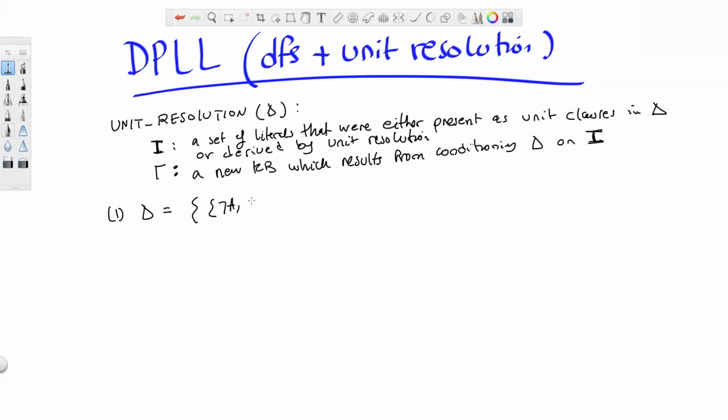So I have not A, not B. This is one clause. And then I have B, C. And then I have not C, D. And then I have the unit clause A. Okay, so this is a knowledge base that has 4 clauses. And I want you to tell me what I would be in this case and what gamma would be in